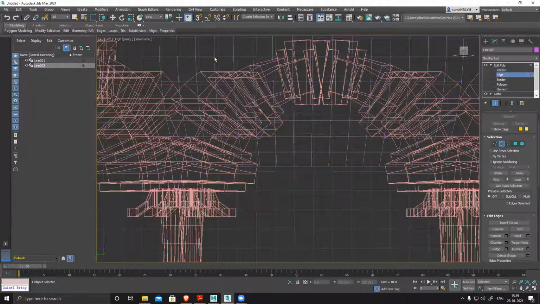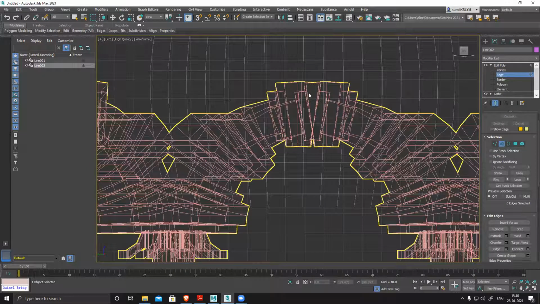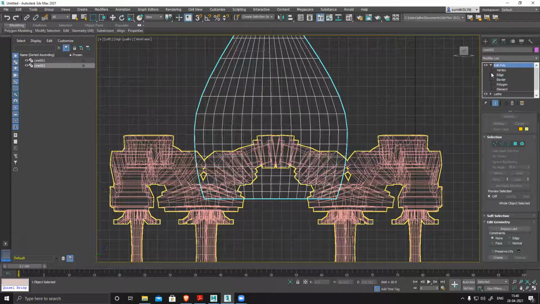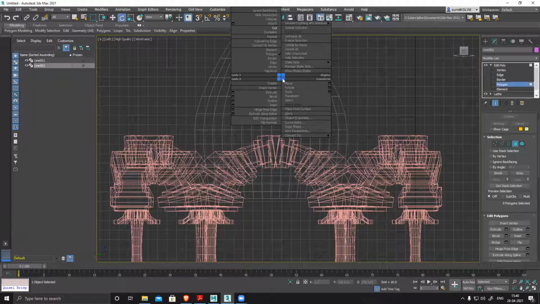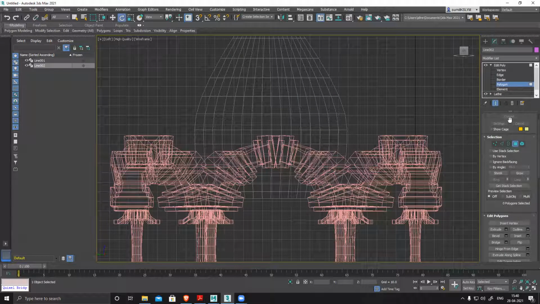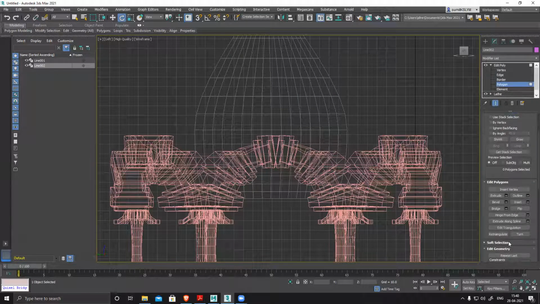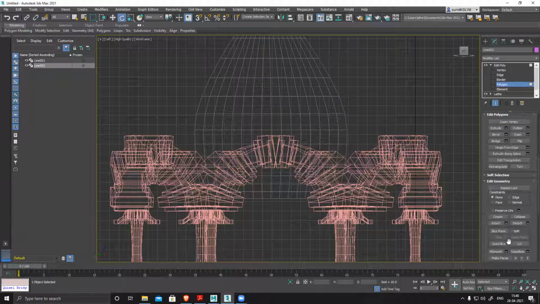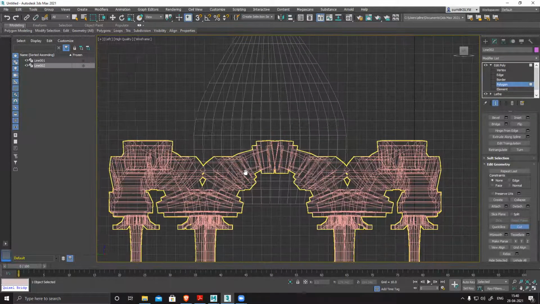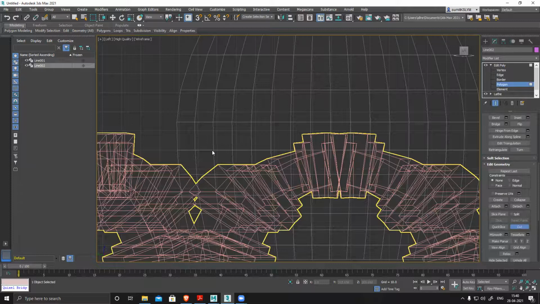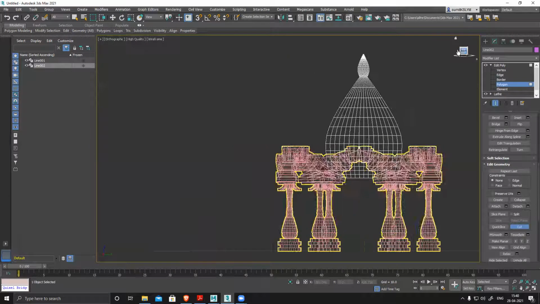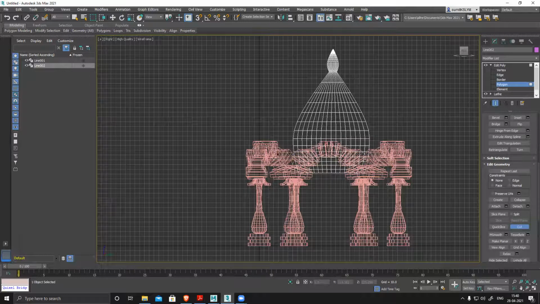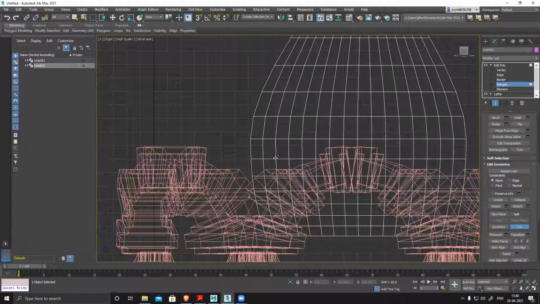It should work. I guess I'm on the wrong side. Now it's okay. I guess this mesh is flipped.